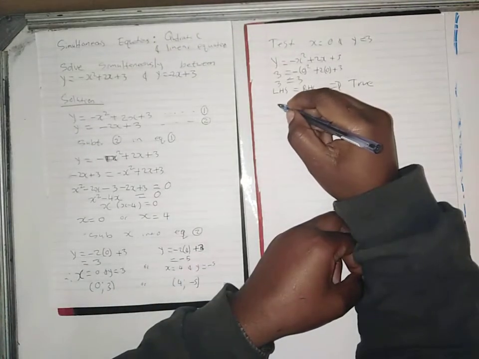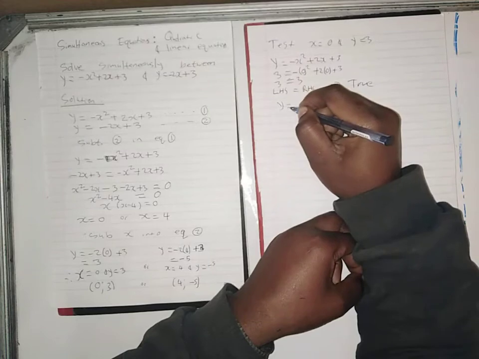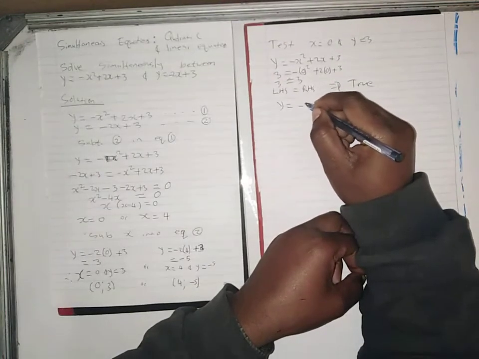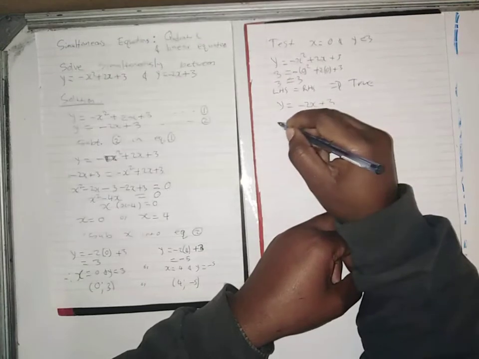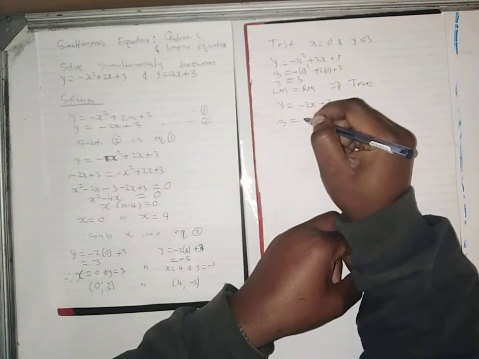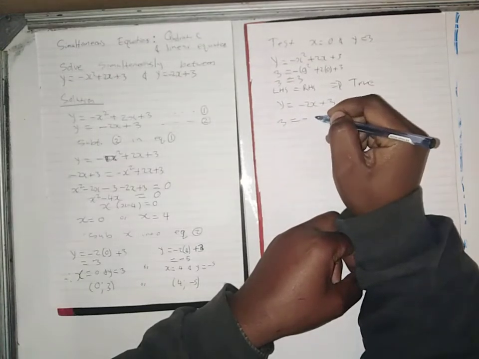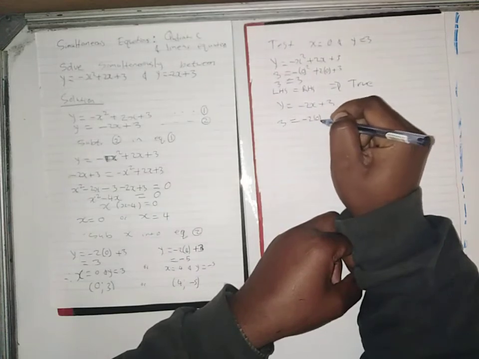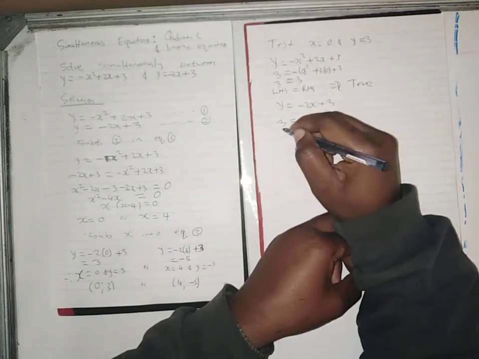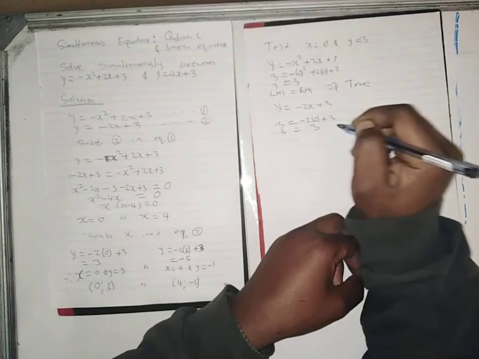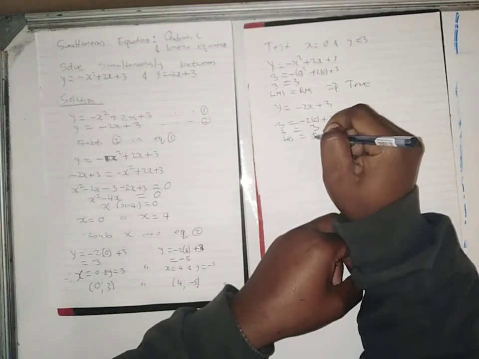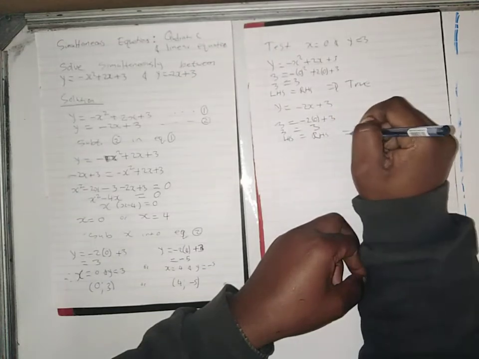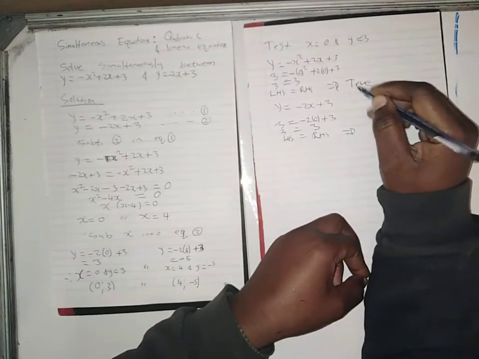Okay, the second one is y is equal to minus 2x plus 3. In the place of y we put 3, and in the place of x we put 0. Minus 2 times 0 plus 3, you get 3 equal to 3, left-hand side equal to right-hand side, which means for both these equations